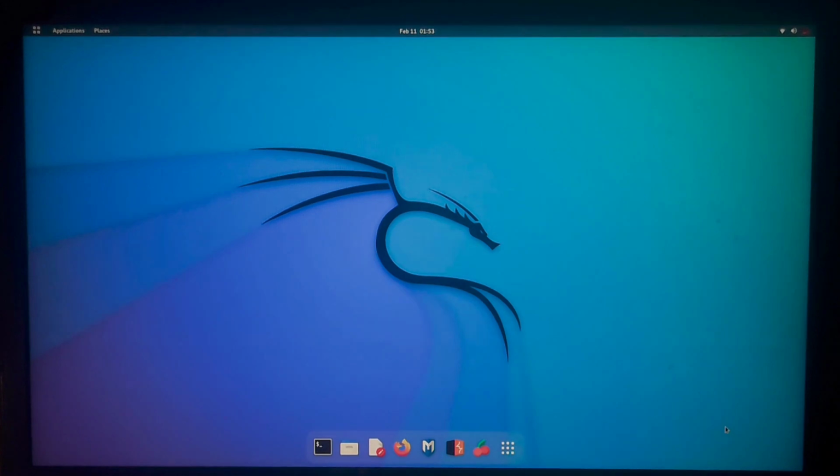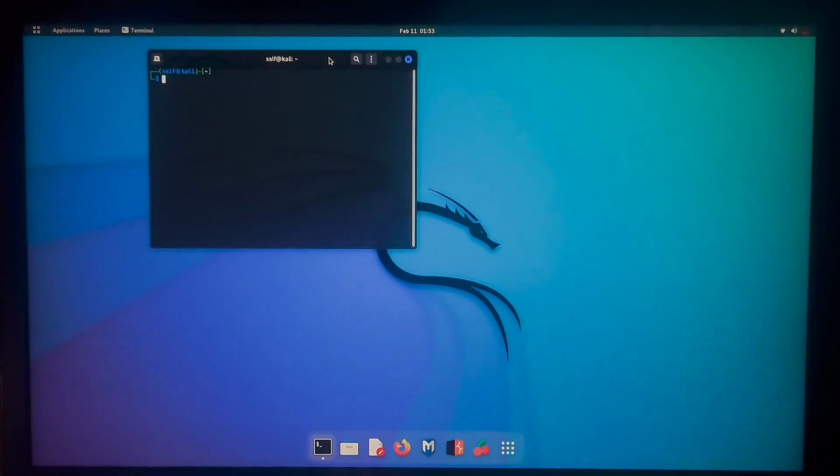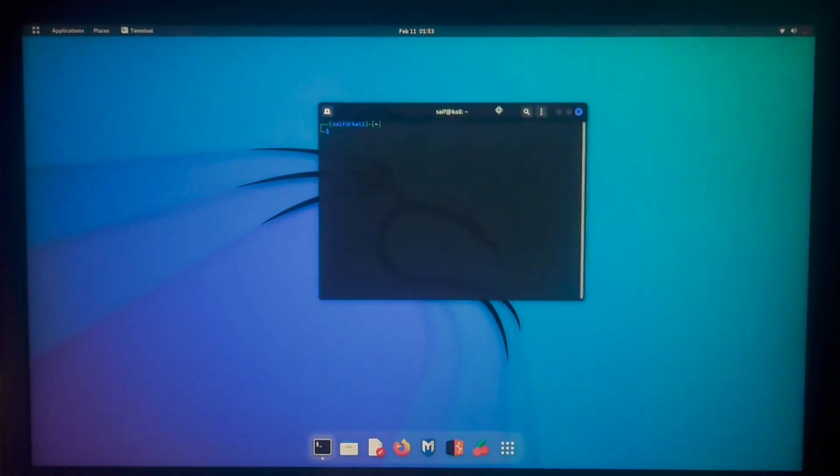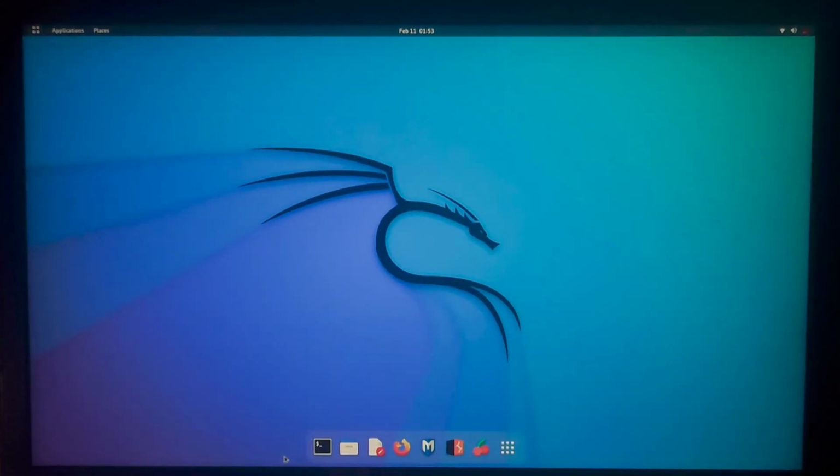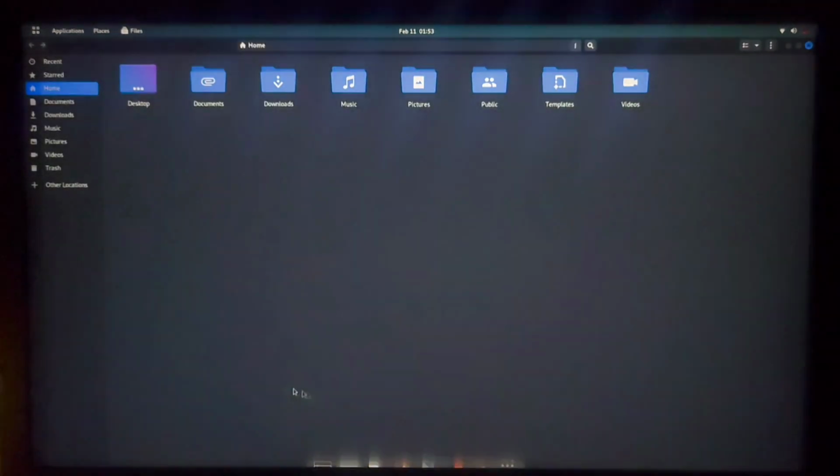This is GNOME environment. If you have chosen XFCE or KDE Plasma, it might look different, but this is the basic environment of Kali in GNOME. So here are some icons. You can see this is the terminal. This is the magical black box where all magic happens, and this is the file system.